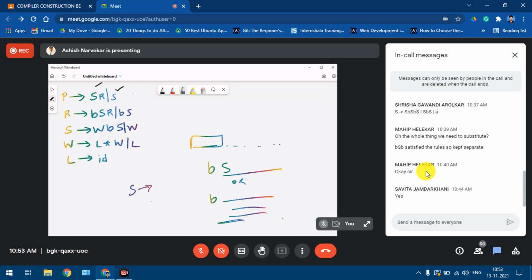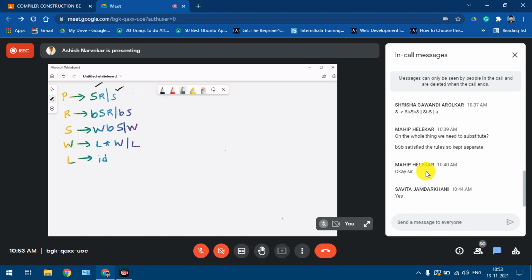So a sentence could be made up of a single word, or a sentence could also be made up of a word, and there is a blank, and then there is another sentence. Okay, so that's the reason the production rule S gives WBS has been defined, which defines a sentence.